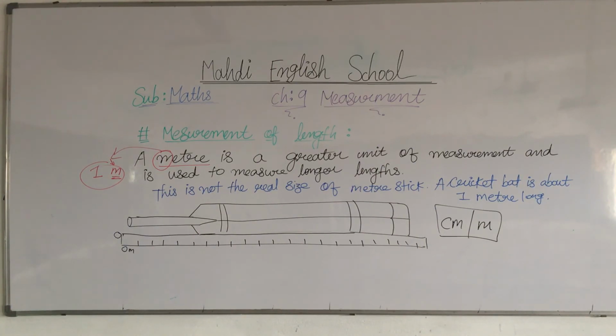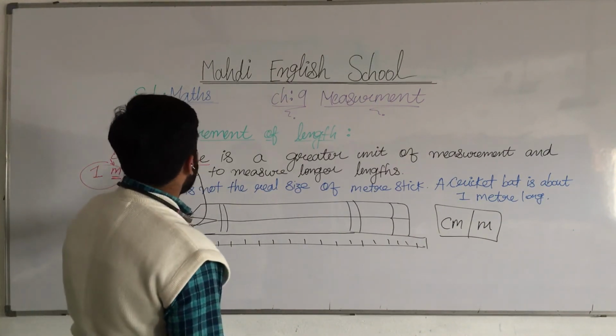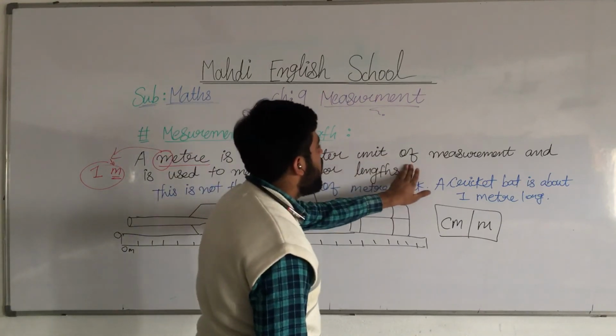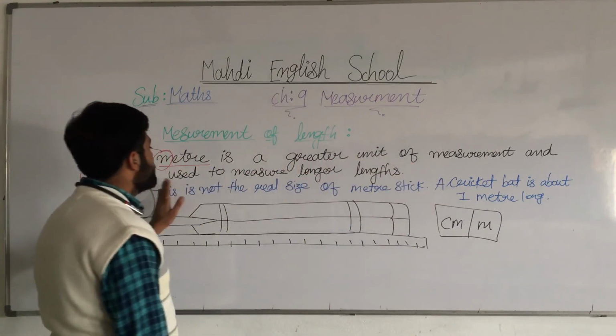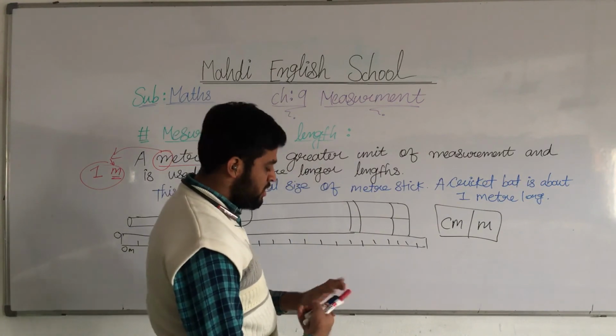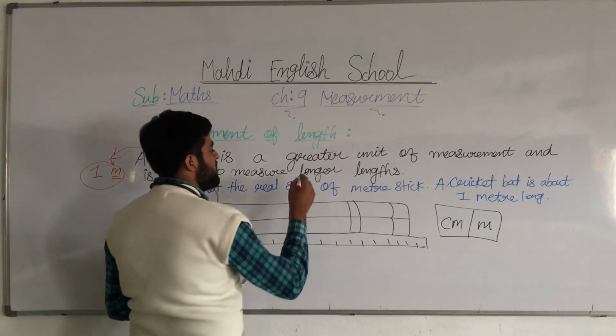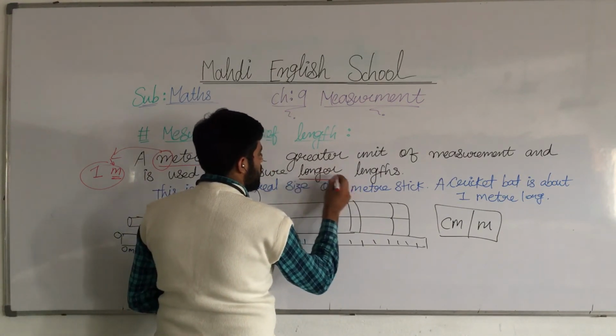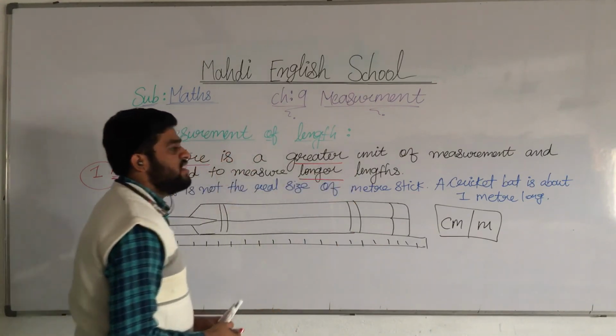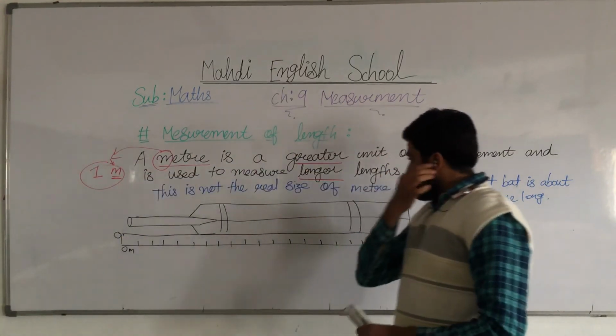Our next topic is meter. What, my dear students, is a meter? So I explain to you here. A meter is the greater unit of measurement, and it's used to measure a longer length. See here, what is the difference between a centimeter and